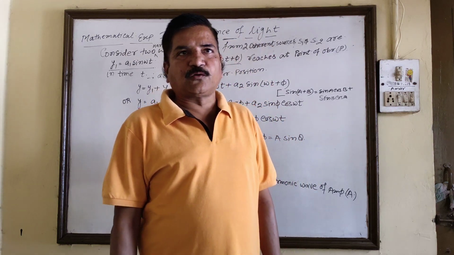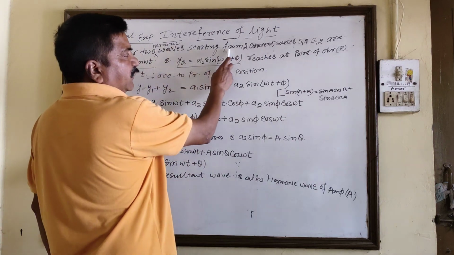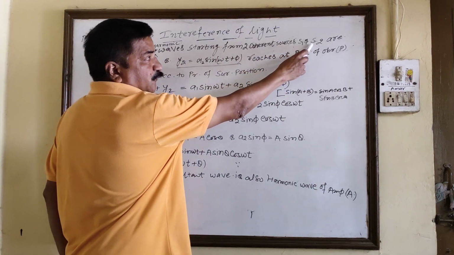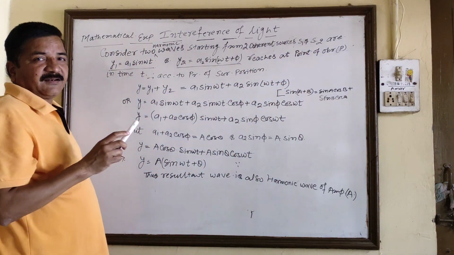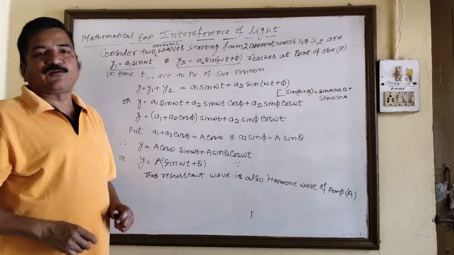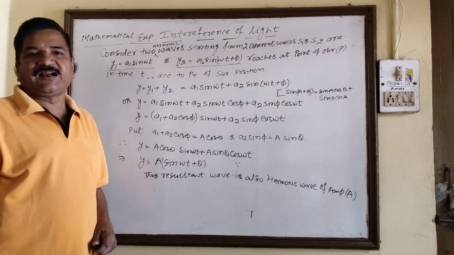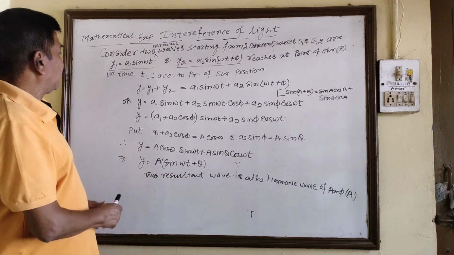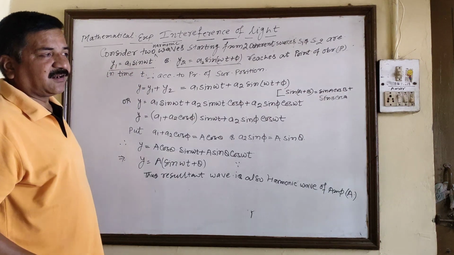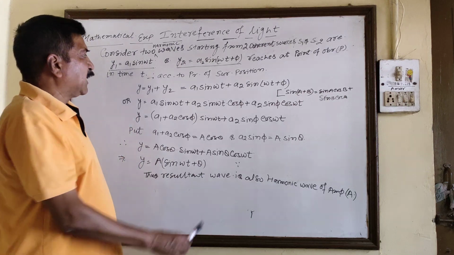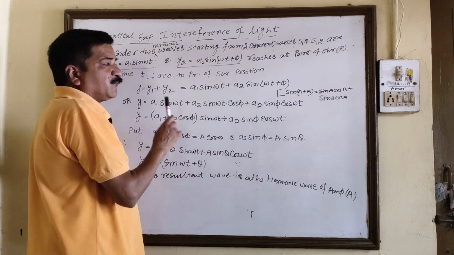Starting from the two sources of light, we consider two harmonic waves starting from two coherent sources S1 and S2. As you have read last year, the displacement equation of a harmonic wave is given by y is equal to a sin omega t. So first equation is y1 is equal to a1 sin omega t, where a1 is the amplitude of the first wave, and y2 is equal to a2 sin omega t plus phi, where a2 is